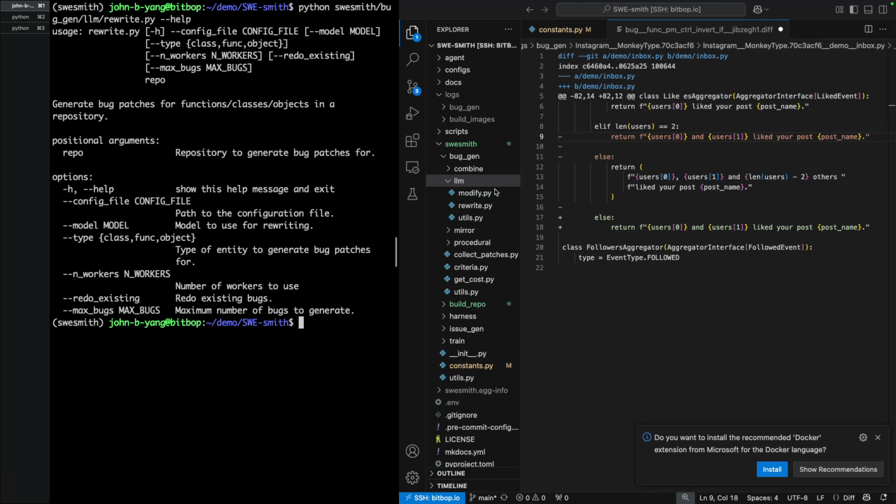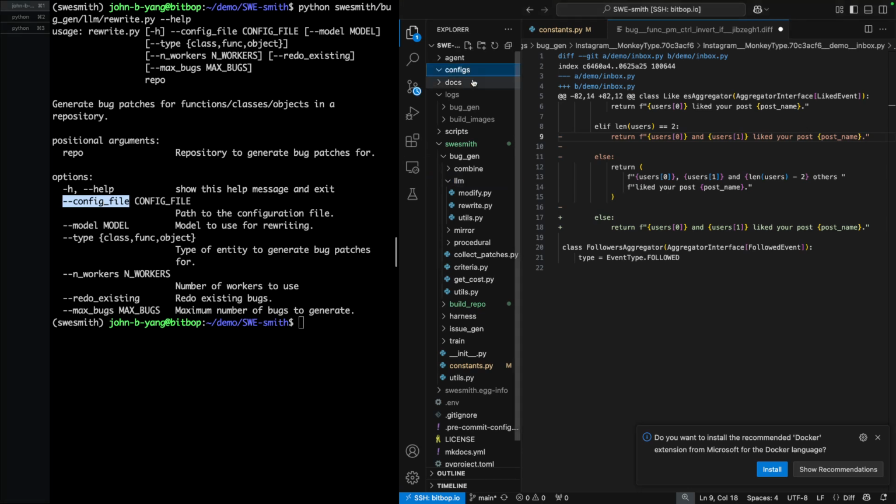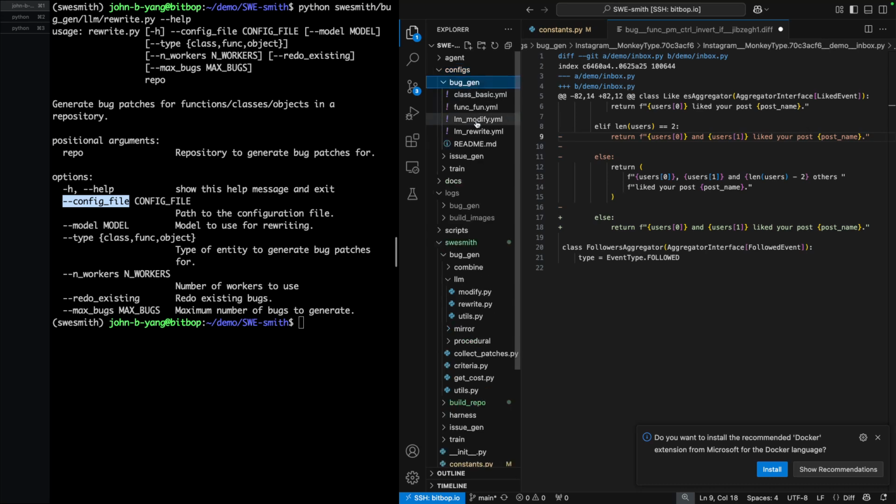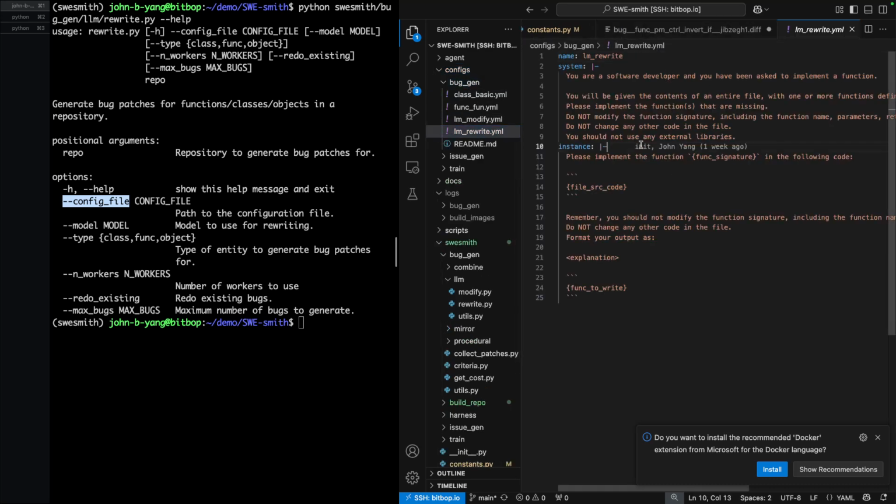But basically, you're going to provide the repository similar to before. And then there's two arguments you want to pay attention to here. The first one is the config file. So we provide a couple config files already, but basically this is essentially the set of prompts that you're